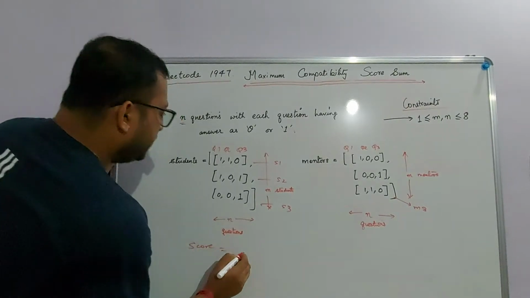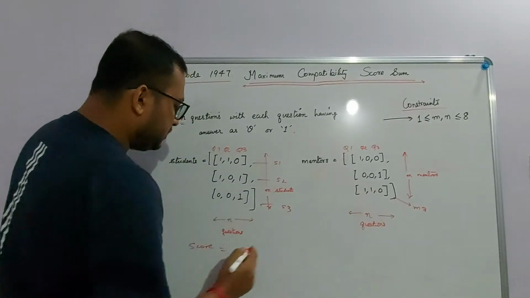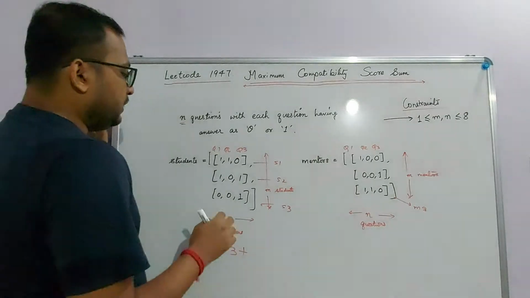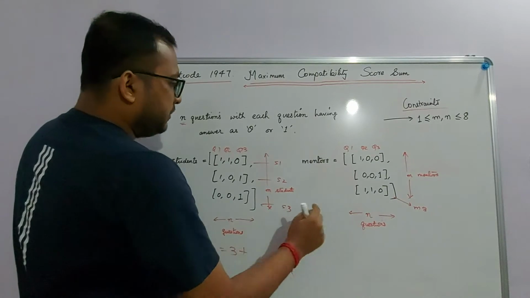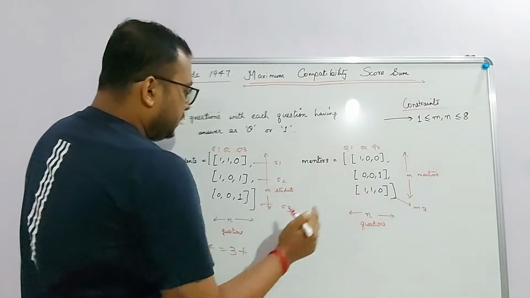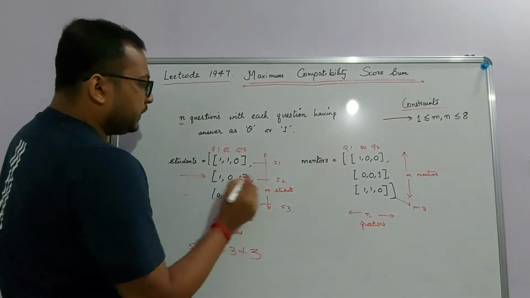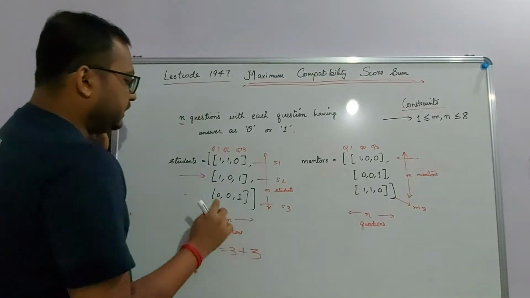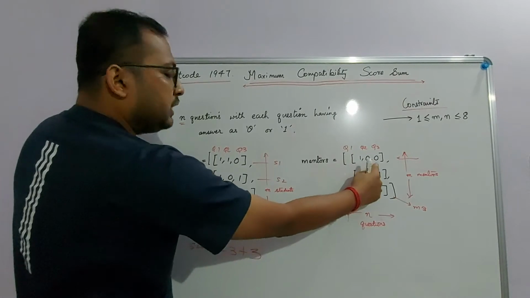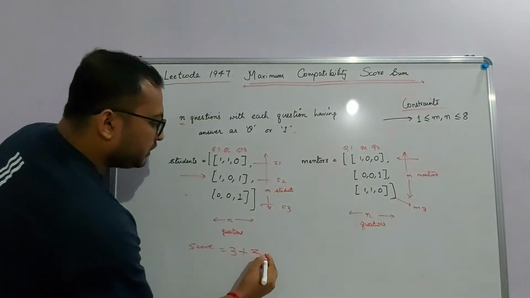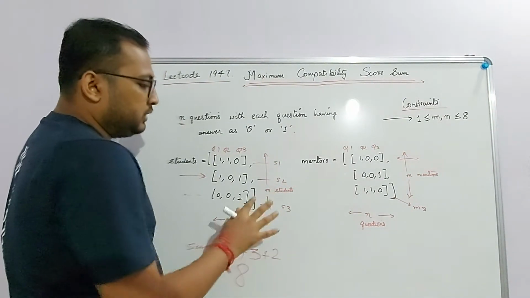So let's see what the score is in this particular example. As I already know this and this fully match, I match this student with this mentor, so I get a score of 3. Now remaining are these two and these two. The value 0, 0, 1 for student 3 matches exactly with mentor 2, which is 0, 0, 1. Since all 3 values match, the score is 3. Now the only pair remaining is student 2 and mentor 1. So we have 1, 0, 1 and 1, 0, 0. The first answer matches, the second answer matches, the third answer doesn't match because it's a 0 and it's a 1. So it will be plus 2. So we have a score of 8, and this is the maximum score that we can attain in this particular matching.